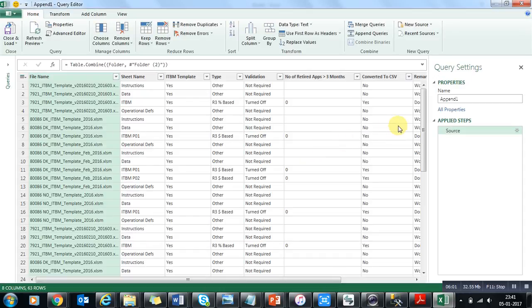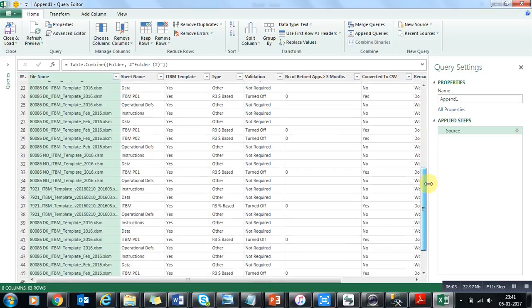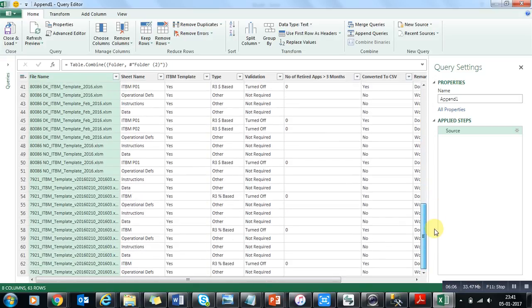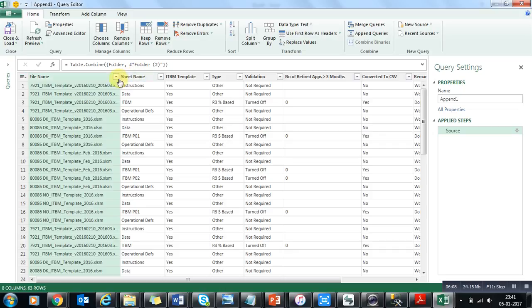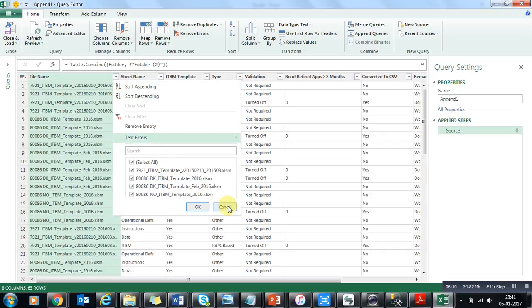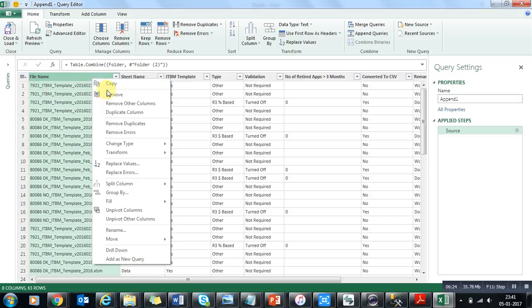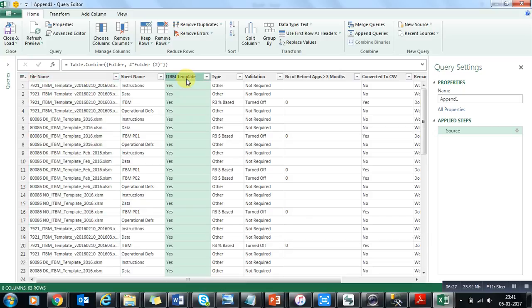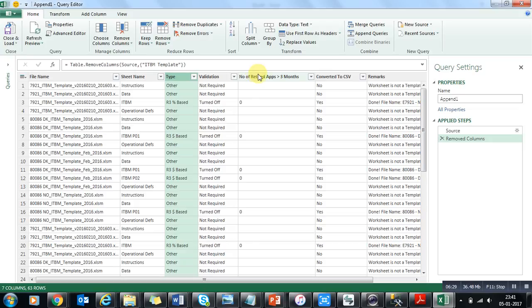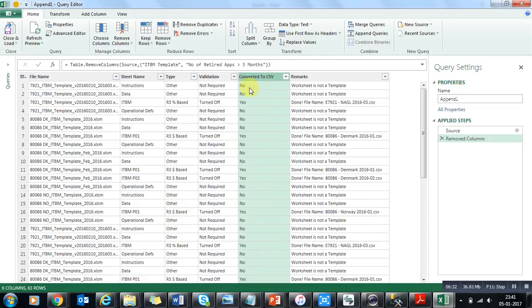Now you can see it will compile all the data into one, and now you can easily see the data here also. So it is very easy to collaborate and to add all your data in one place from different locations. You can add so many views also. You can group by your data by any kind of information. You can add or remove any unwanted columns. Let's suppose I do not want this column, so I can remove this, I can remove this. So if I want a particular column, so